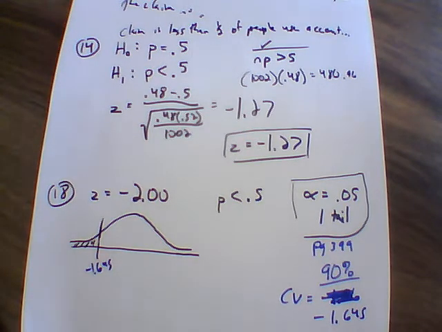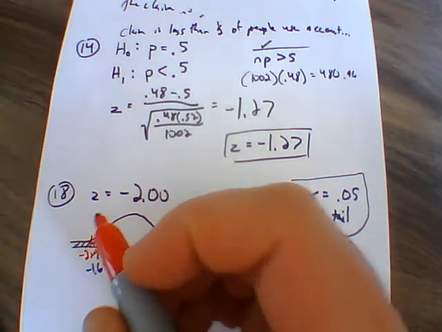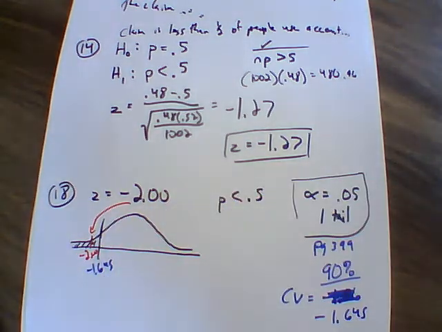And now our z value that we came up with would be a negative 2.00. So we're seeing that our test value is within our critical area. This is just showing you how we're using this test statistic to figure out what's happening with it. In order to find our p-value, what we would do is go to our table,